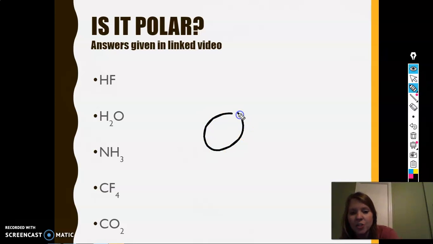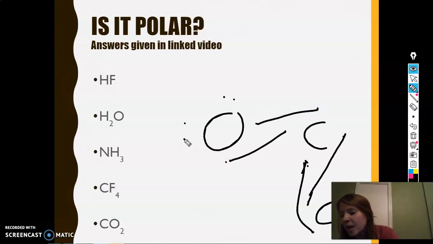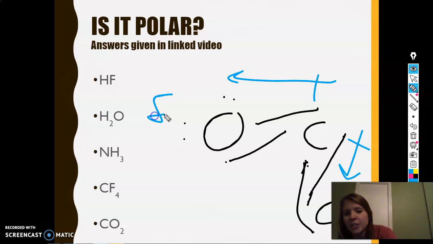If you look at carbon and oxygen, oxygen has 6, carbon has 4, okay? Oh, I was supposed to have 2. So you're actually going to have some double bonds here. Remember, you want your outer branches to hit that 8. For this one, it does work out either way. There we go. Now, oxygen is pulling stronger, so oxygen's going to go outward, partially negative, and carbon partially positive. Now, if you notice here, guys, this does not have any lone pairs of electrons. So this is a non